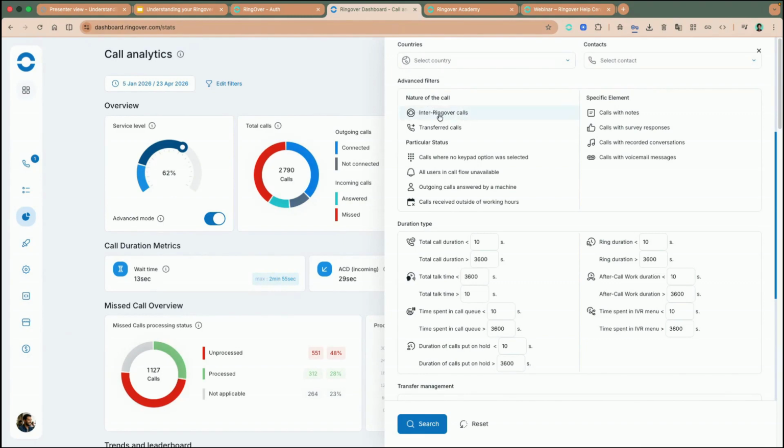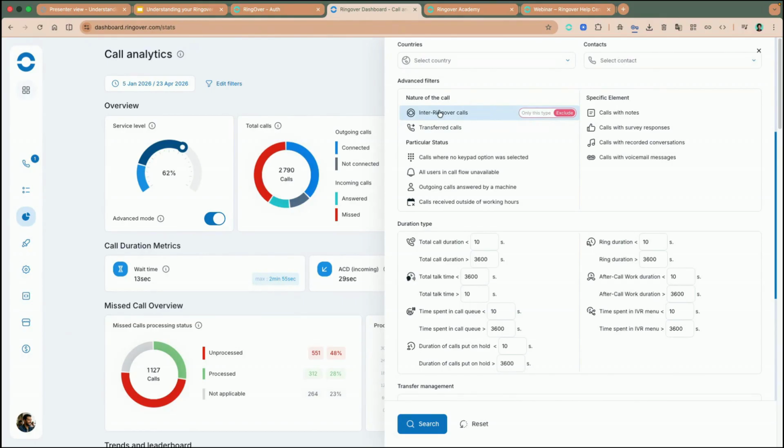So yeah, you can filter by internal or other calls. So how does this work? You just click here once. When you click here once, you need to choose if you are going to see only this type of call or if you're going to exclude this type of call. So that means that you're going to see only internal calls or you don't want to see internal calls at all. This is very helpful because